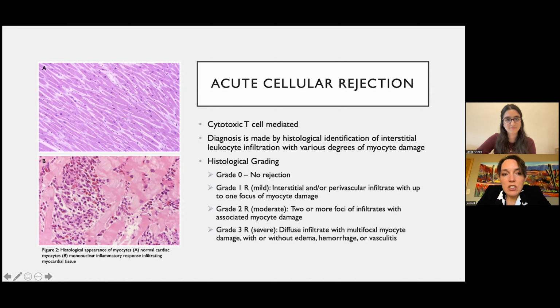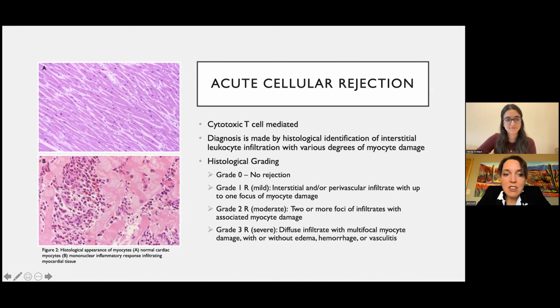And so if we see a nucleated cell in there, it's usually an endothelial cell or a lymphocyte. Compare that to the image on the bottom where you see multiple nucleated cells. And so this is infiltrates of leukocytes in the cardiac myocyte. The other thing that you notice is that the nice striated architecture of the myocardium is no longer